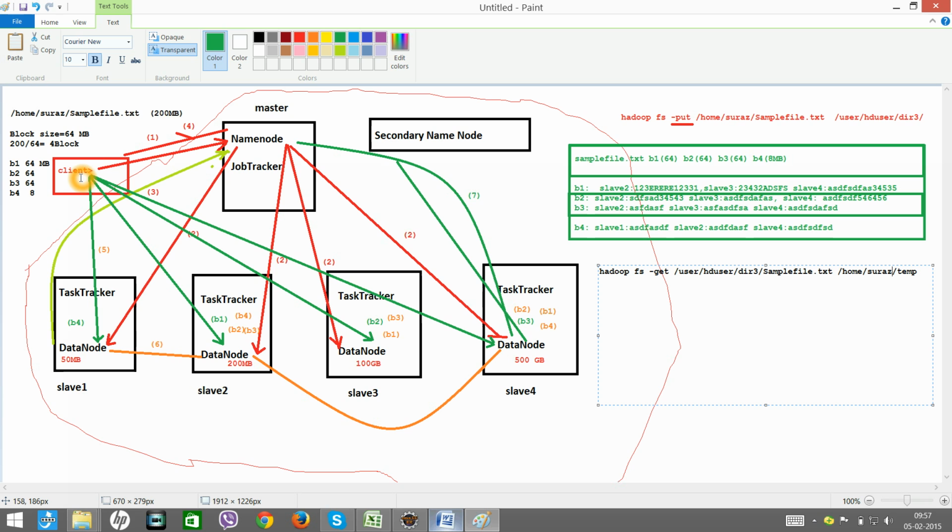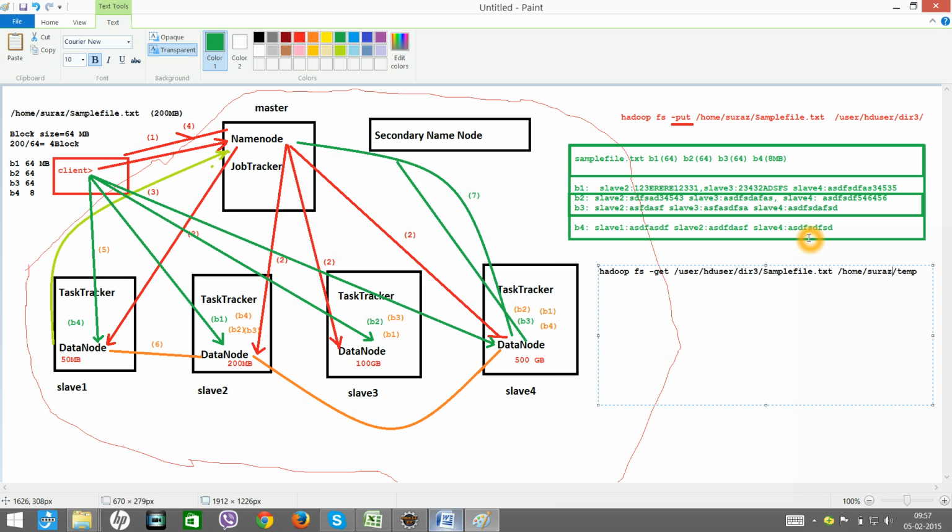Now from there the client will start reading the data from several blocks, several nodes. The client will read block 1 from either slave 2 or slave 3 or slave 4. It will read block 2 from either of these, block 3 from any of these, block 4 from any of these.